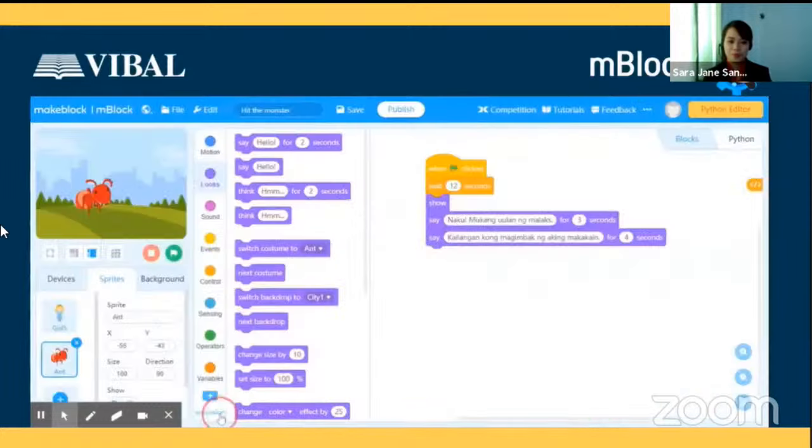Okay, so ganun lang yung paggawa ng ating story using M-block. So for example, instead of asking the children to make a comic strip, so sa English or Filipino or any subject na magka-comic strip kayo, at least dito mas advanced tayo. So we are using M-block sa pag-animate ng ating mga stories, sa pag-animate ng mga sagot ng mga bata. Okay, so I hope you can also apply this in your different subject areas.